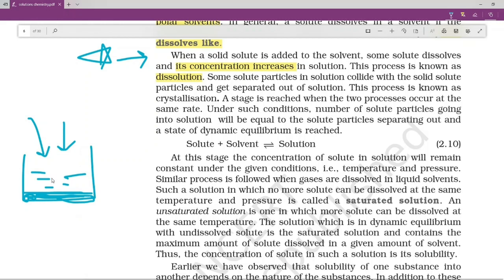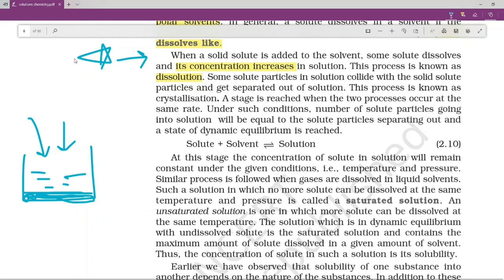once you start stirring, the solute particles which you have just put inside the solvent and the solute particles which were already there in the spaces between the solvent particles collide with each other. And what happens is that the solute particle which you have just inserted in the solvent hits the solute particles which were already there.